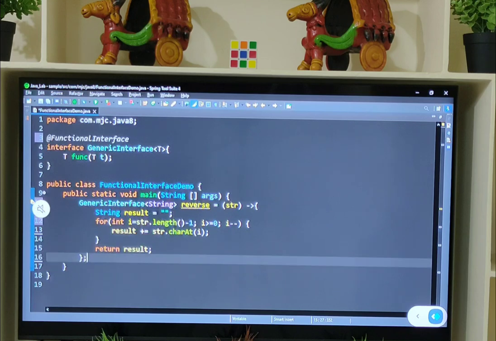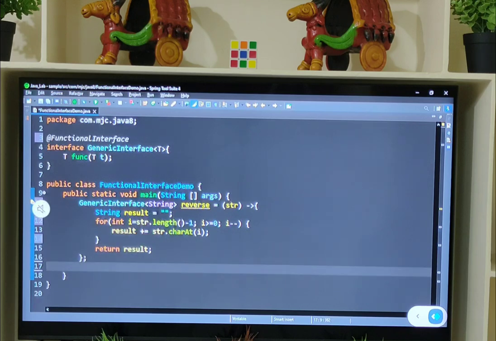So this functionality is completed, and you can call that functionality wherever you need.